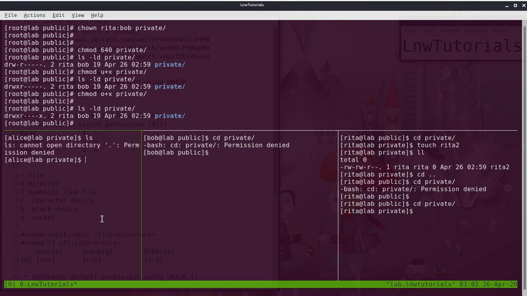Is she able to ls? No, no read permission. So if the user has read and execute permission, then he gets read and execute. But if he has only execute permission, the user will get inside that particular directory, but he is not able to read or write.